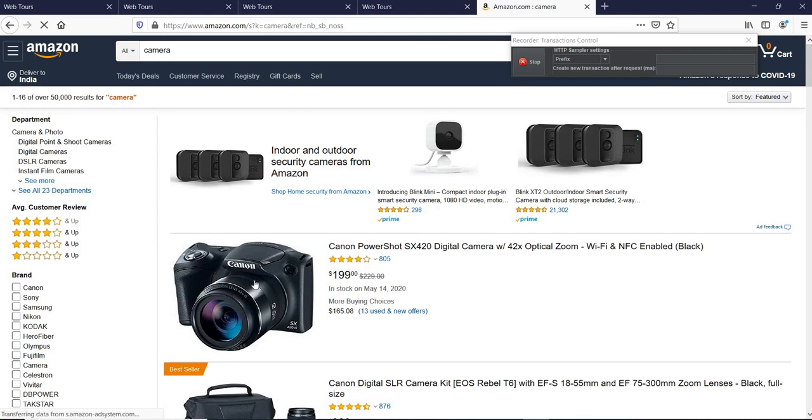So what exactly will you do? You will go to Amazon, put in camera, hit enter, then you will fetch the first camera value from the response, and then using those values you will send it in the subsequent request saying that yes, this was the first product which we have.